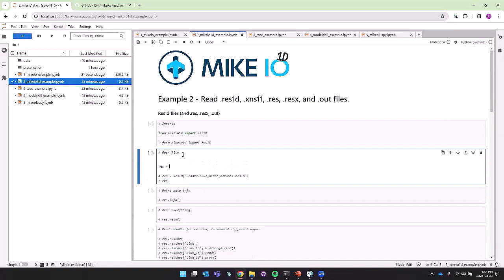And I want to have this variable called res. And in the data folder, I already have a few different results. One is for runoff, so the catchments, and the other is for the network. So we'll open up the network one first.